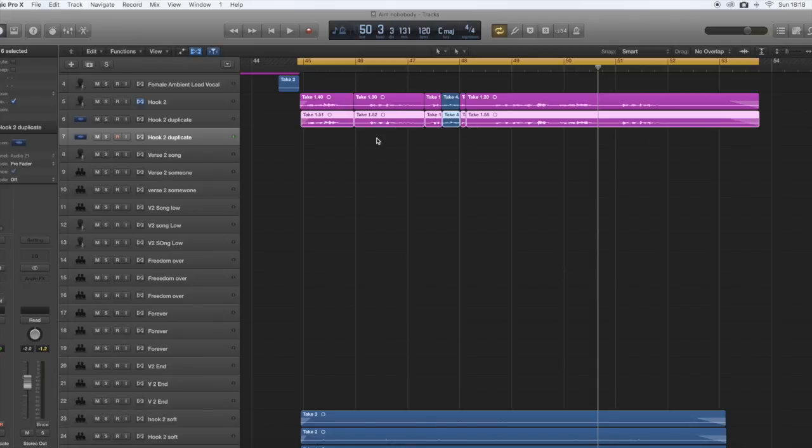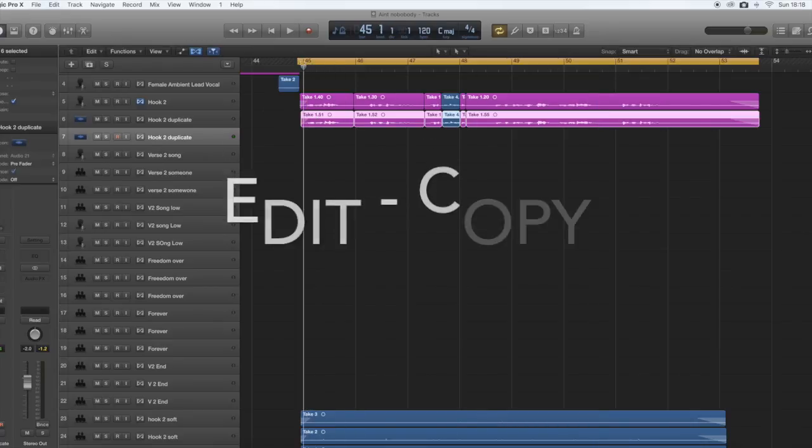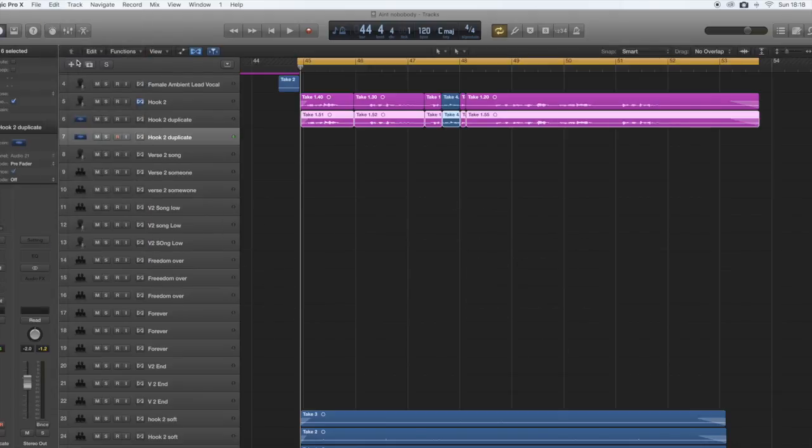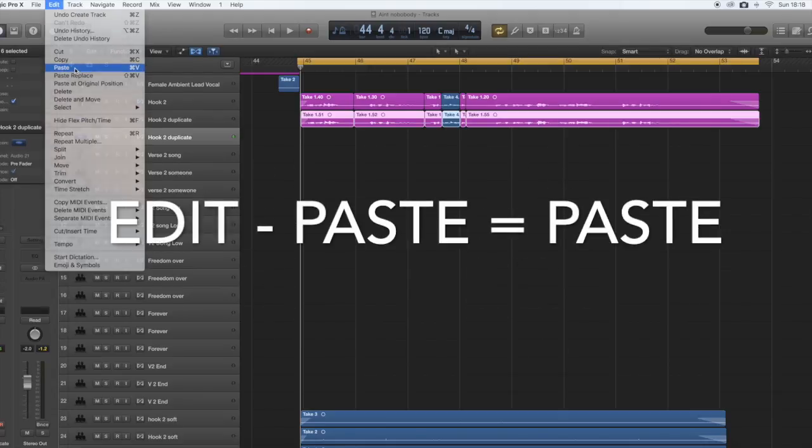So I've mentioned before there's another way you can copy and paste, which is the longer way, without shortcut keys. So again, highlight the part you want to duplicate, then go to edit, then go to copy, and then go to edit again, and then paste. And then that will give it to you down there again. So now we've got three